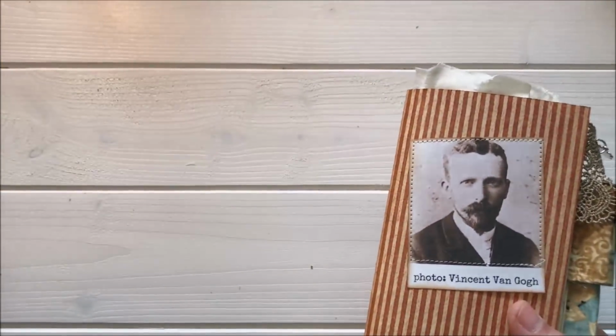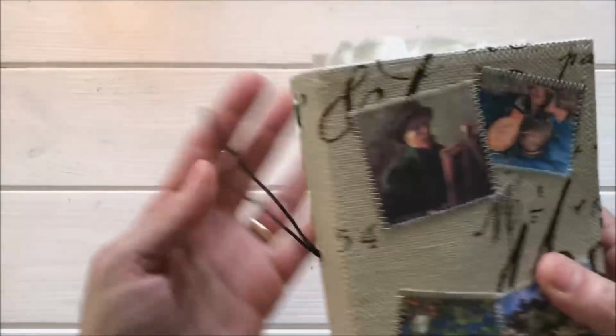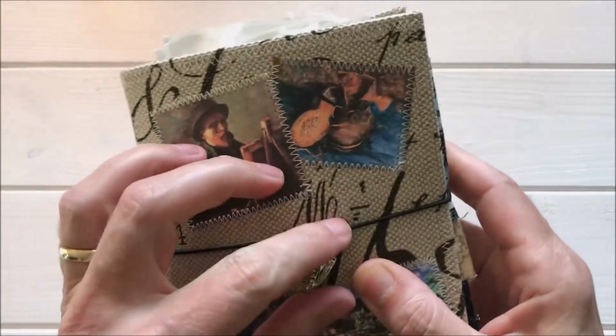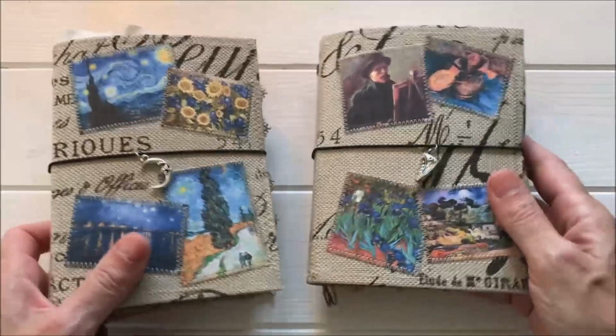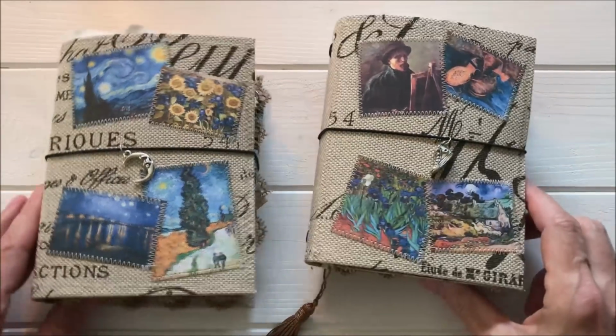And these three also have various pictures sewn throughout. Same as the first one, like I said, just in a different order. So I will have these both available shortly in my Etsy shop,